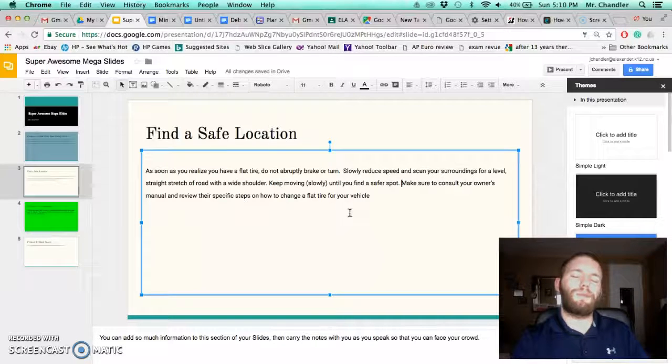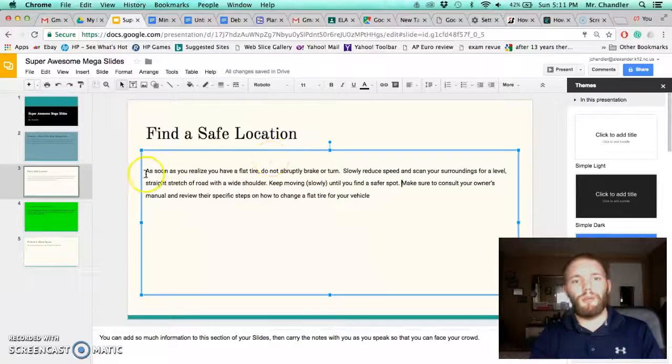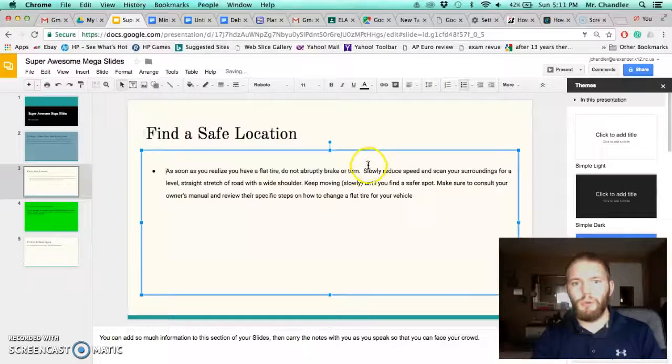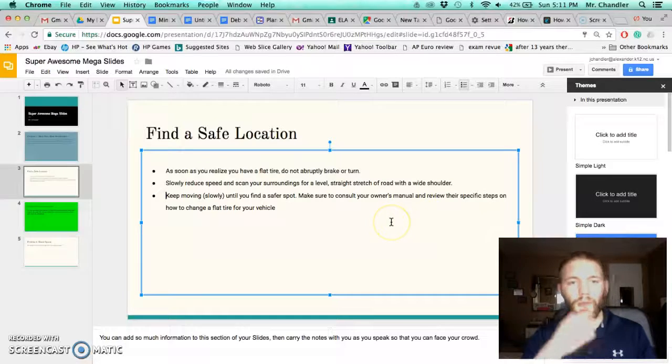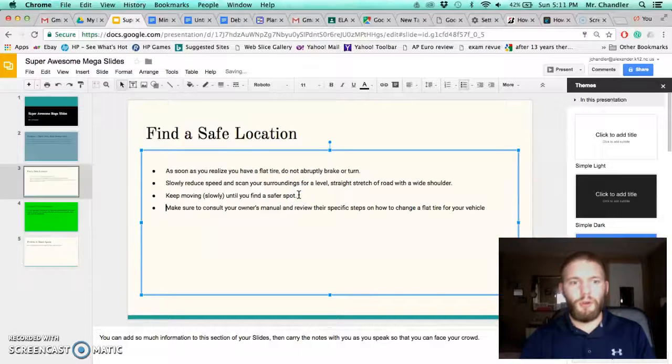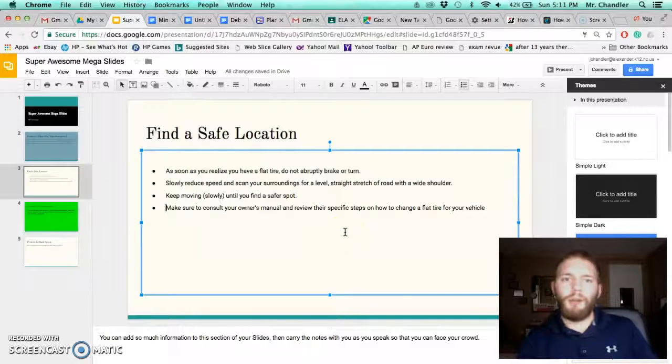You don't want that. As a presenter, you want to make sure that they can follow your voice, even though there might be quite a bit of text on there. So here's what I recommend. Go here, very start, and go to bullet points. Once you figure out a good place for a second bullet point, and then so on, and then so on. That way you have all the information you need for your audience, but they're not overwhelmed